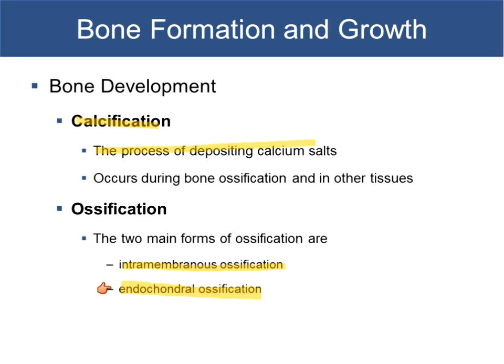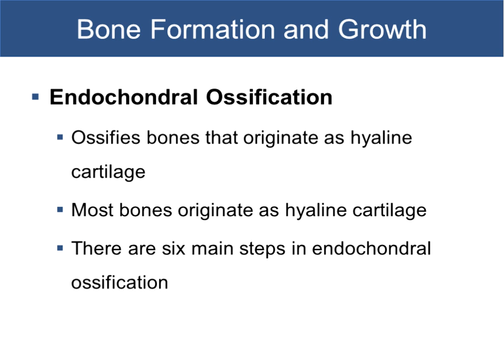This is the portion of the notes where we're really talking about physiology. How does this process work? And anything that is a physiologically based concept that we cover in class is fair game for a short answer question. The process of endochondral ossification, I've simplified into 6 different steps, and intramembranous ossification has 3 steps. There's a very good chance that on your exam you will have to explain the ossification process for intramembranous and